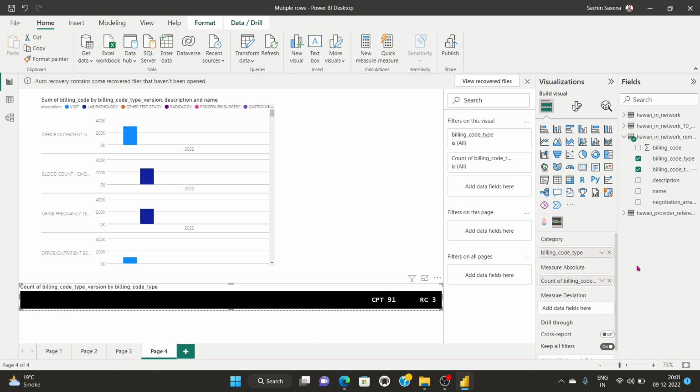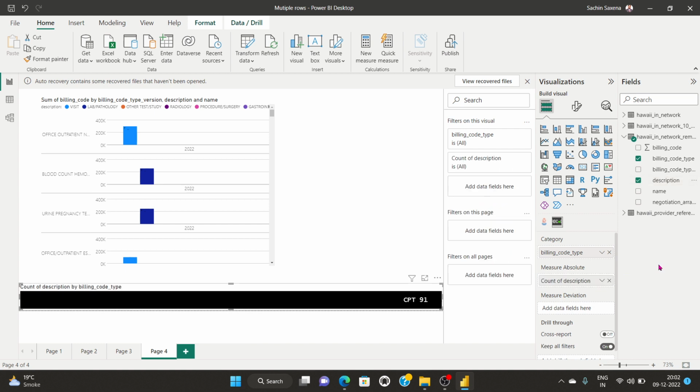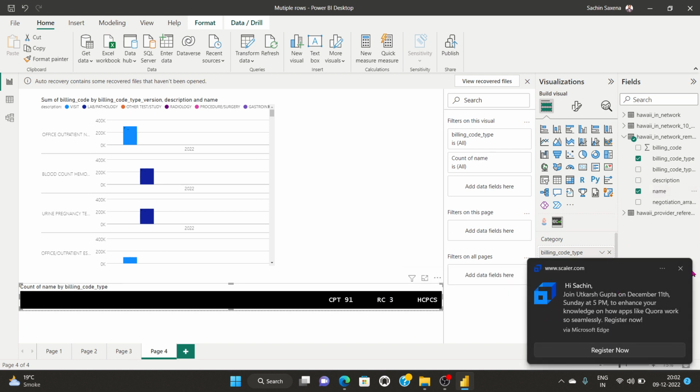So it's going to perform that CPT, RC, HPC, whatever the values are going to import over there. Similarly, I can add description value over here in the add data section. So it can have the description value. Suppose I want to add the name value here. So I can add name value with the particular